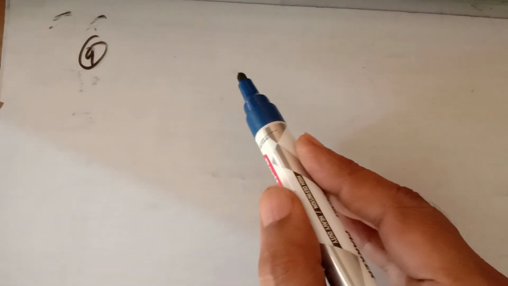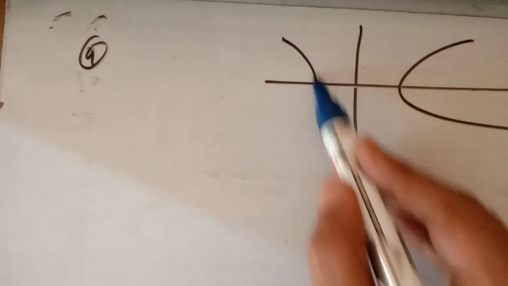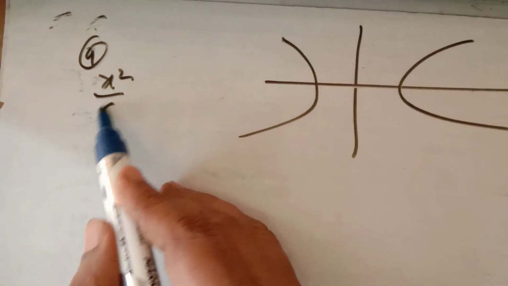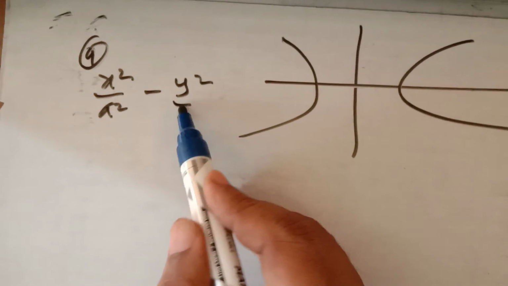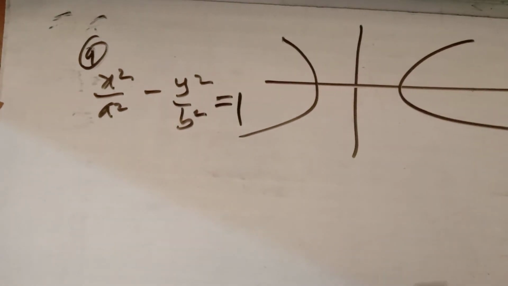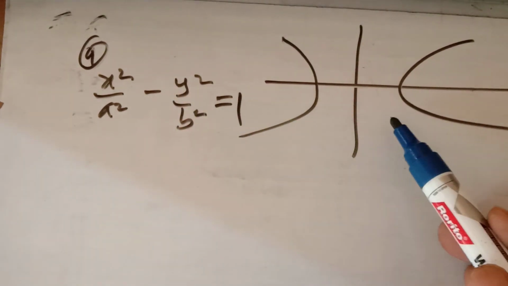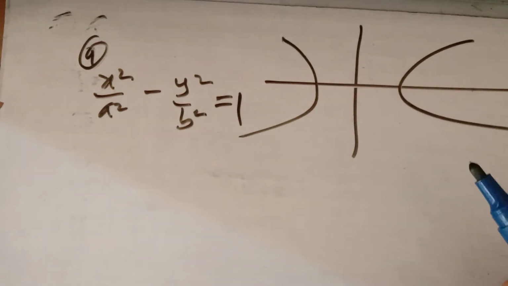In place of ellipse we have the hyperbola, and the equation of the hyperbola where the focus is on the x-axis is x square upon a square minus y square upon b square is equal to 1, and you will simplify as we have done in question number 8. वहाँ पर प्लस का साइन था तो राइट हैंड साइड में नेगेटिव हो गया था, यहाँ माइनस तो राइट हैंड साइड जाके प्लस हो जाएगा. करने का तरीका इज सेम.